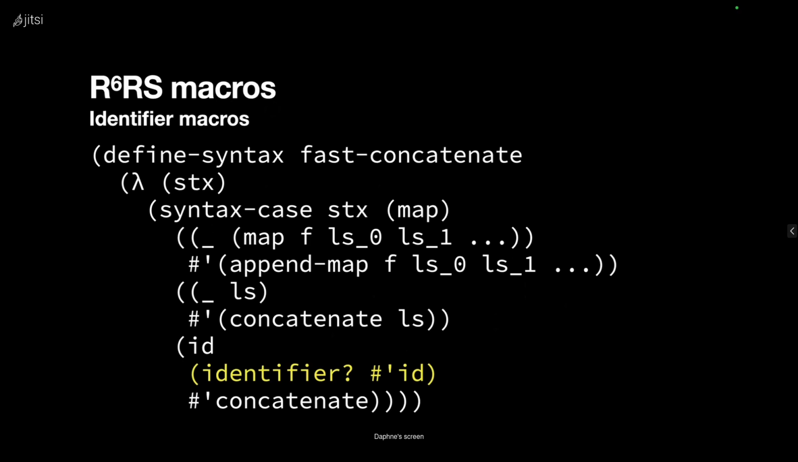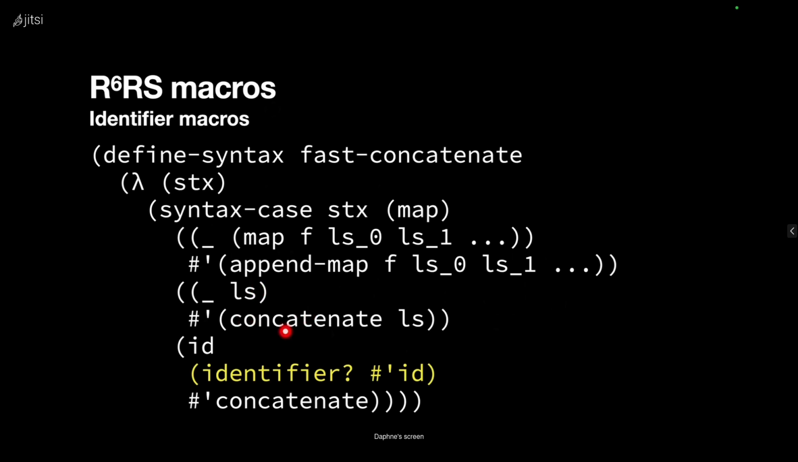We also have identifier macros. So these correspond to symbol macros in Common Lisp. Here I have an example which just optimizes the concatenate procedure in one particular case. So I'm flattening out a list, and this recognizes, okay, when the argument is a map procedure, then actually I know a faster way to do that. I'll just delegate to the append-map procedure, which does the concatenation and the mapping in one go, rather than consing up an intermediate list. And in other cases, it will just